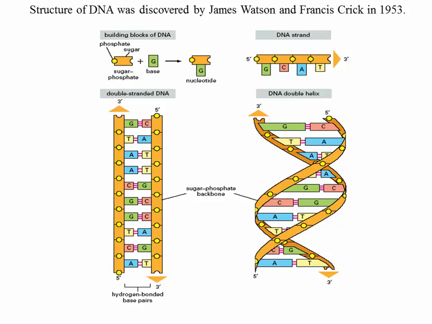Now, the structure of DNA was discovered by James Watson and Francis Crick in 1953, and they got a Nobel Prize for this. The Nobel laureate Linus Pauling also worked on it, but these guys got it before him because they built a model using sticks and chewing gum. So you have these four bases, A, G, C, and T. How are these things arranged to form the DNA molecule?